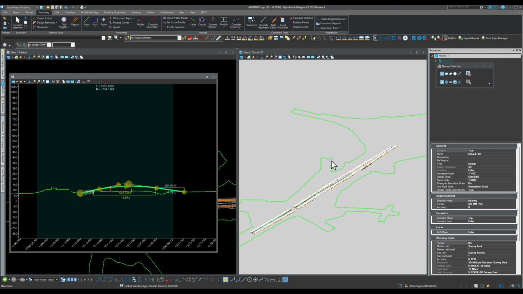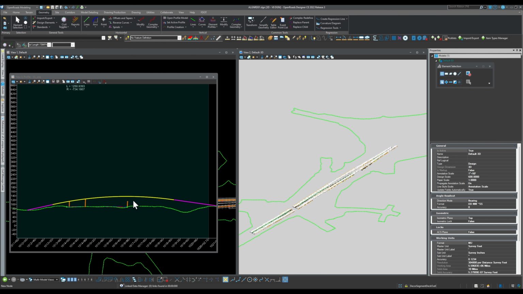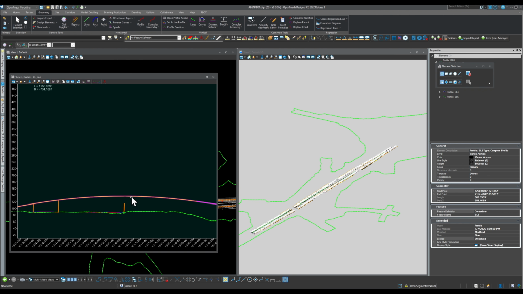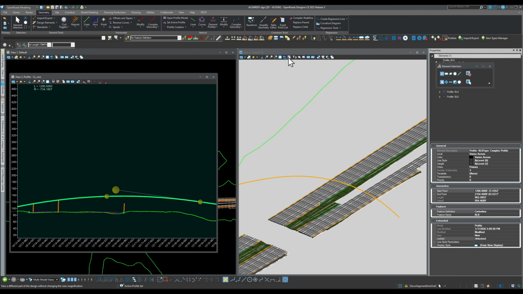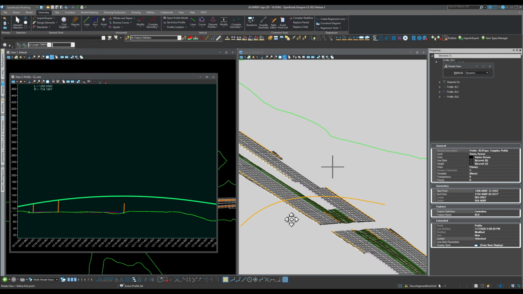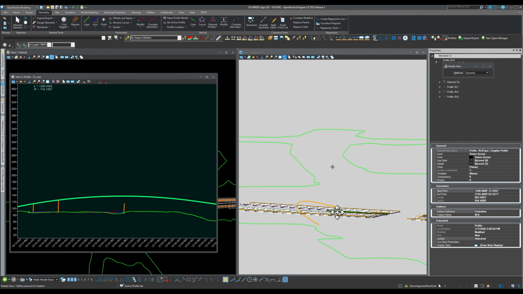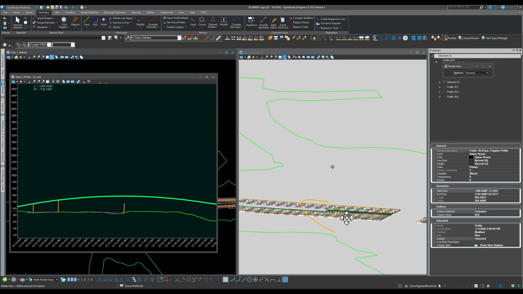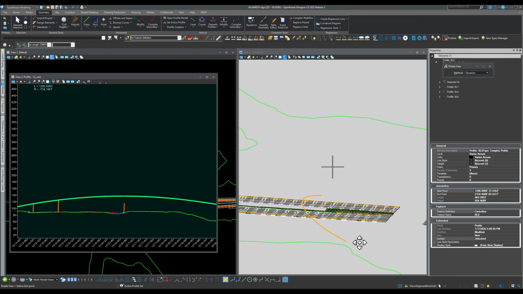So now, let's activate it and see how it looks here in the 3D. I always like to also investigate it, see how it looks in the 3D. So let's click on it and activate it. Here we go. It looks like it's doing what it's supposed to be doing, at least according to my crazy design. Damn. This is really non-constructible, so the cars will go